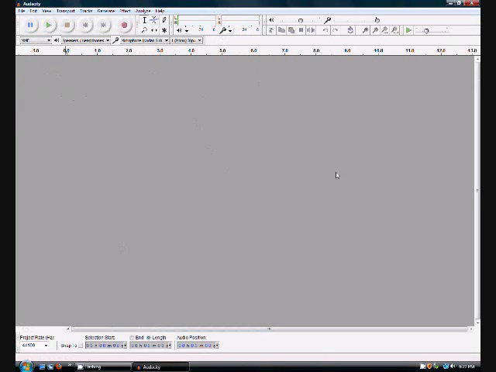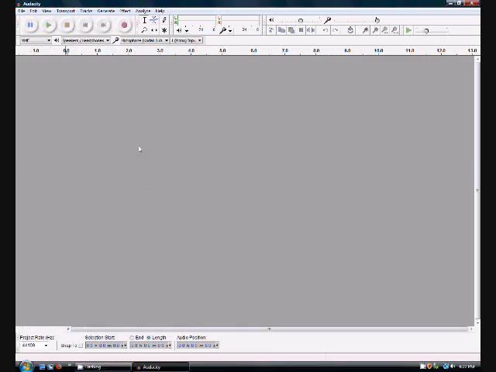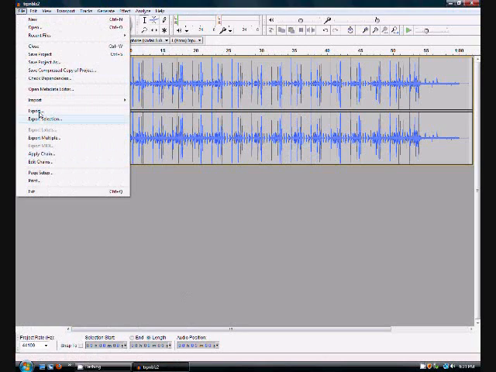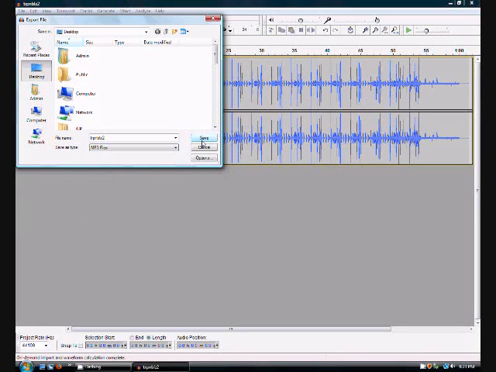And once you open it up, here's your audio workstation, and you can take any sound file. Let's just drag this over here and drag it right in. Now note this was a WAV file that I dragged in, and then I can go export, and I can select any of these file types, and I'll pick MP3, and I'll click save,